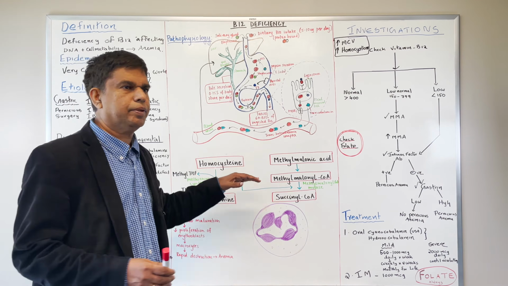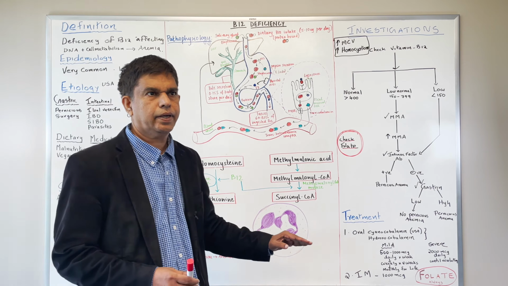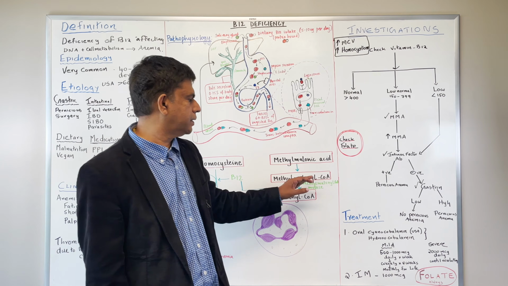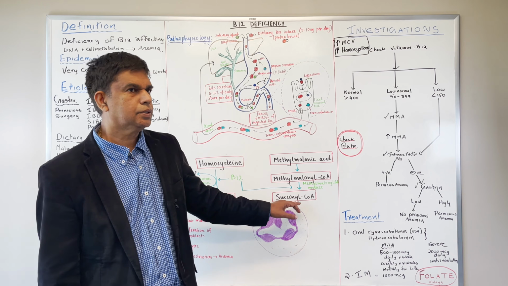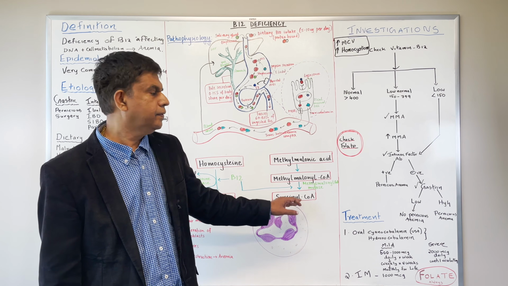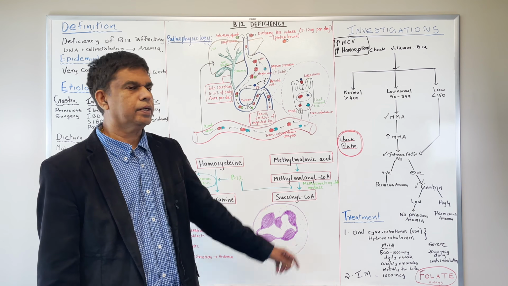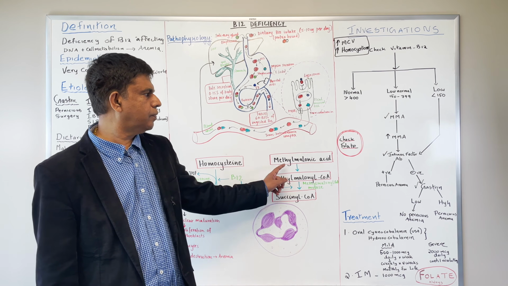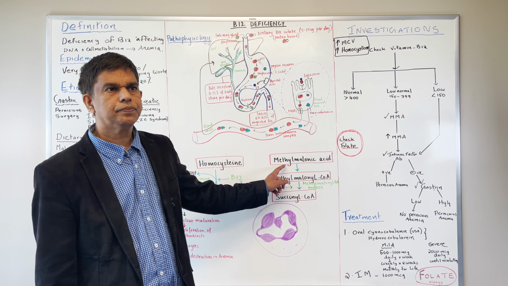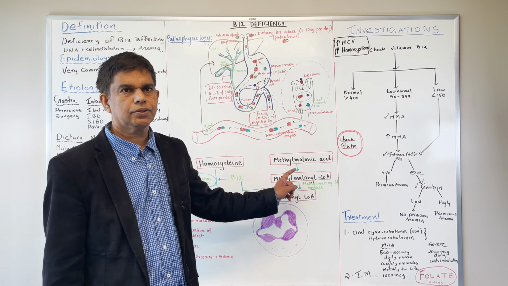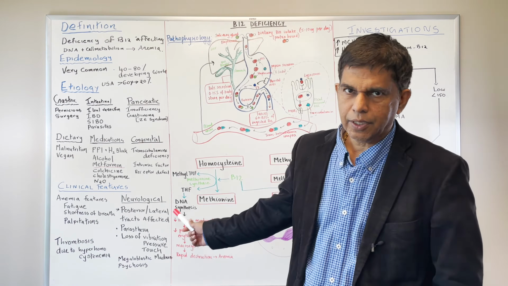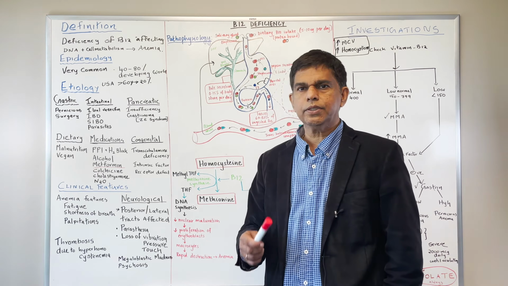Okay, 3 things are happening over here on this side. One is the Krebs cycle part. Methylmalonic acid is converted into succinyl-CoA. You need vitamin B12 for this part, right? So what happens if you don't have vitamin B12? What happens to methylmalonic acid? Somebody tell me. Increased. So the first part, the Krebs cycle, is affected right here. Everybody got it, right? Now what is the second part?